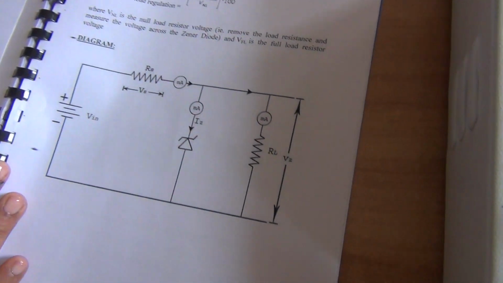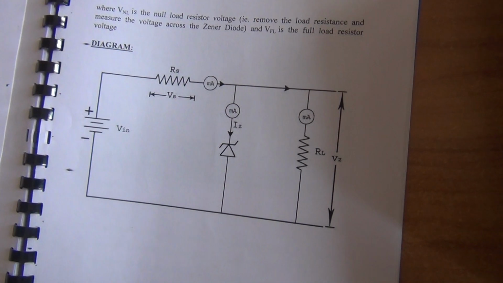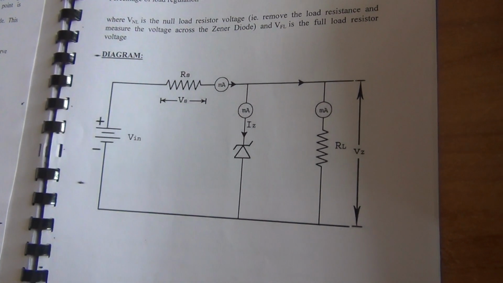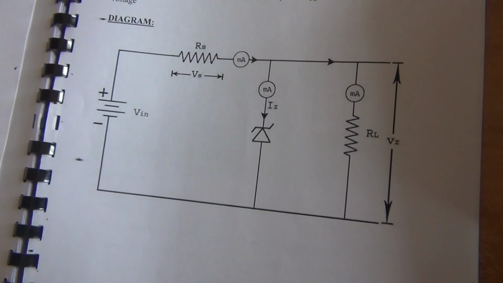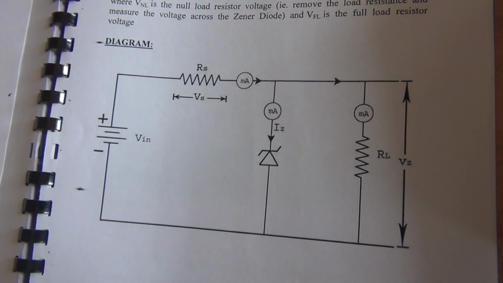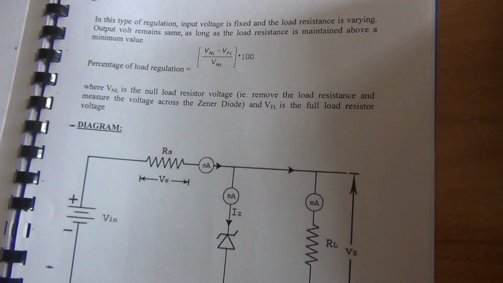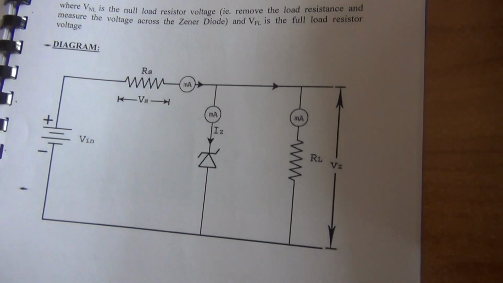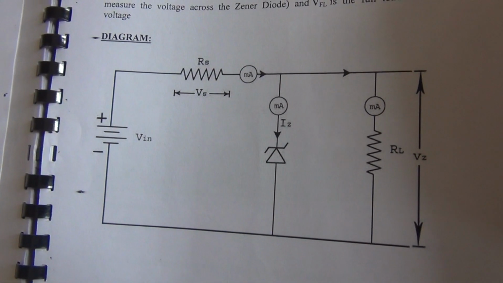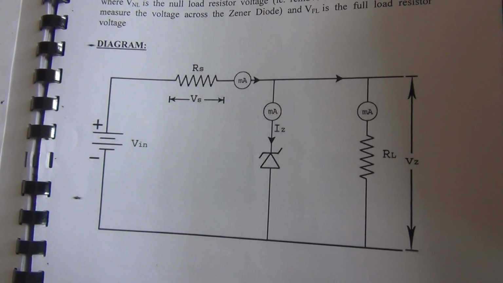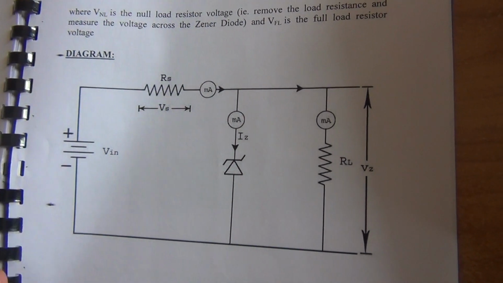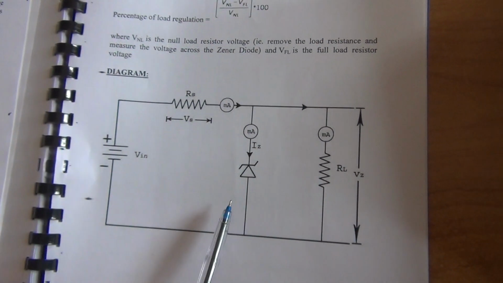First of all, I would like to tell you what a Zener diode is. Zener diode is just like a simple PN junction diode, but with special characteristics. The special characteristic is that it always works in reverse condition. In forward condition, it behaves the same as a simple PN junction diode. But when it is reverse biased, it performs a very good function called voltage regulation. So this is the circuit diagram of how Zener acts as a voltage regulator.